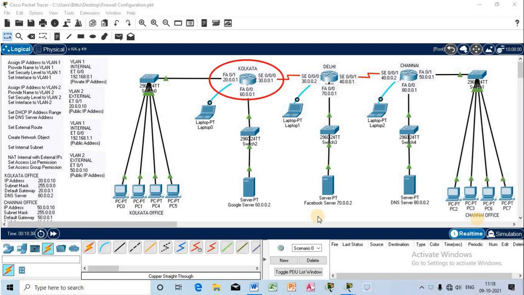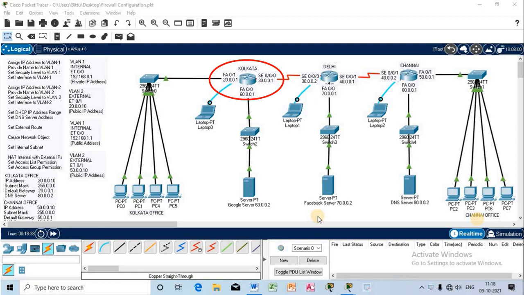We have a router at Kolkata. 3 IP addresses have already been assigned to it. So if you are new to this video, I would suggest you watch the earlier lectures where I have explained all these things step by step: how to assign IP addresses to the router, how to configure the router, how to configure DHCP server, DNS server, how to create LAN setup, VLAN configuration.